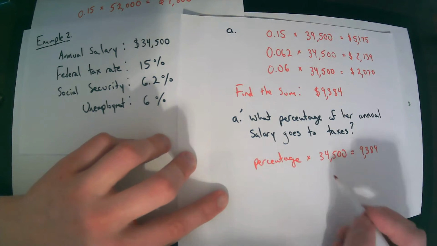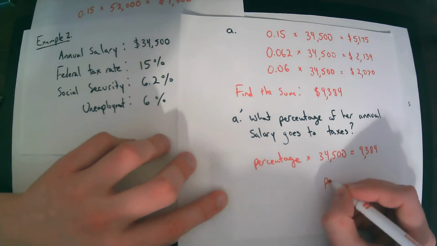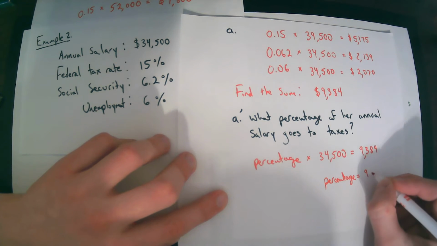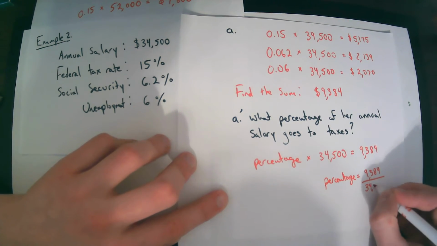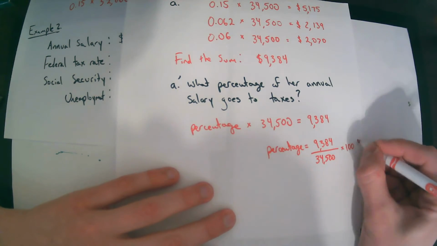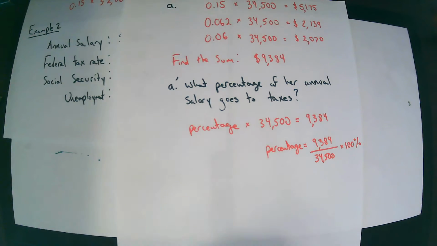How do we find this? We divide by 34,500, and we multiply by 100% to turn it back into a percent. And if we punch this into the calculator, we're going to get